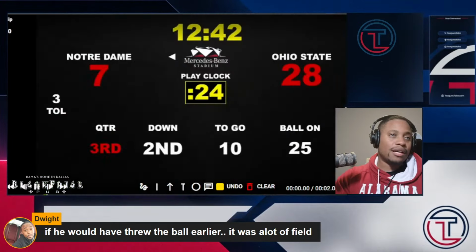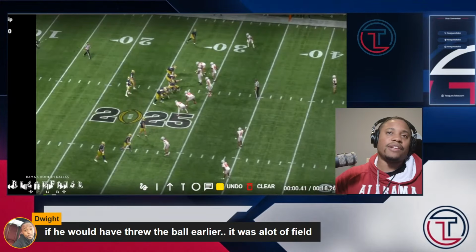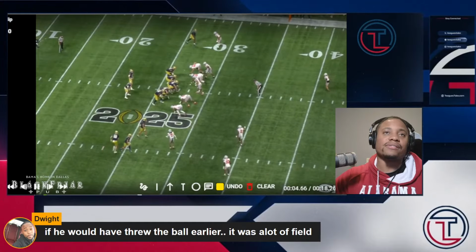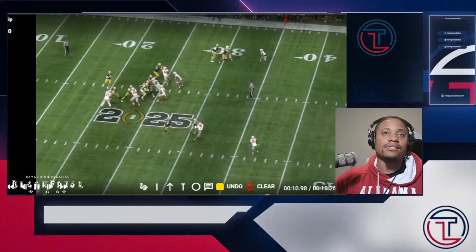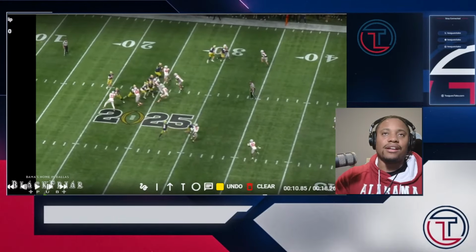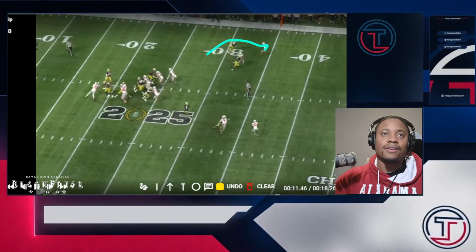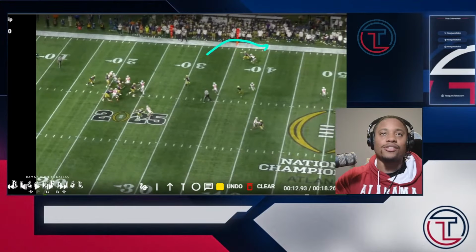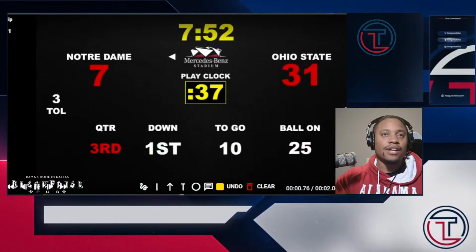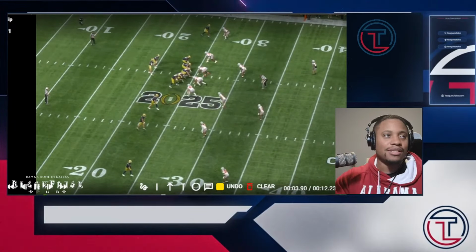But let's actually take a look at it. I wonder if he had his eyes down because of some of this pressure or not, or if he's looking backside. I think it's just the read. He's probably looking at this first, and he comes back too late. Yeah, because he doesn't throw it until he gets in his vision. I don't know. Not an offensive guy, so I can't really tell you what the progression should be, but